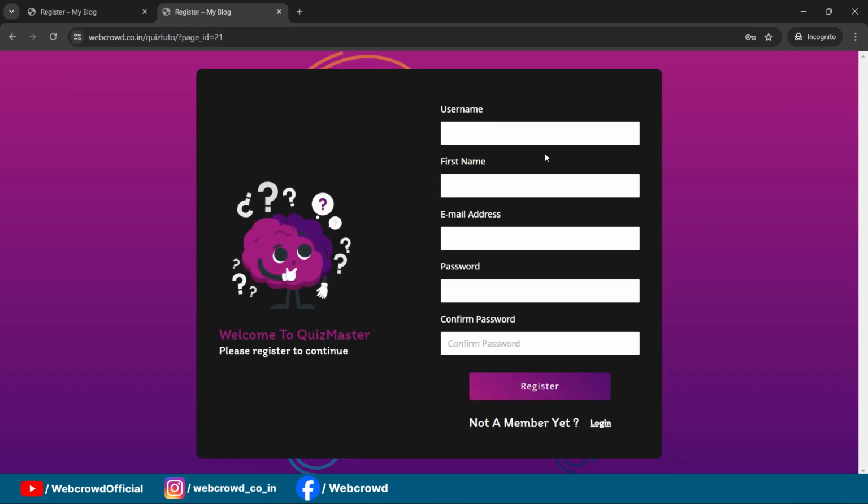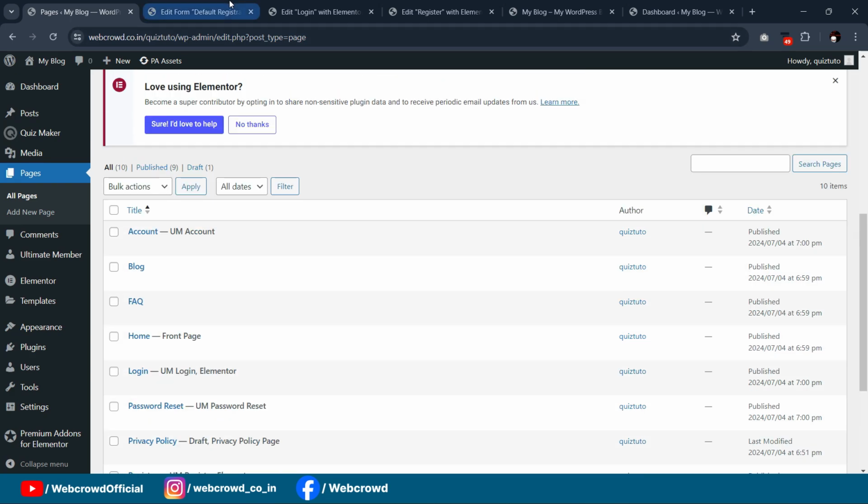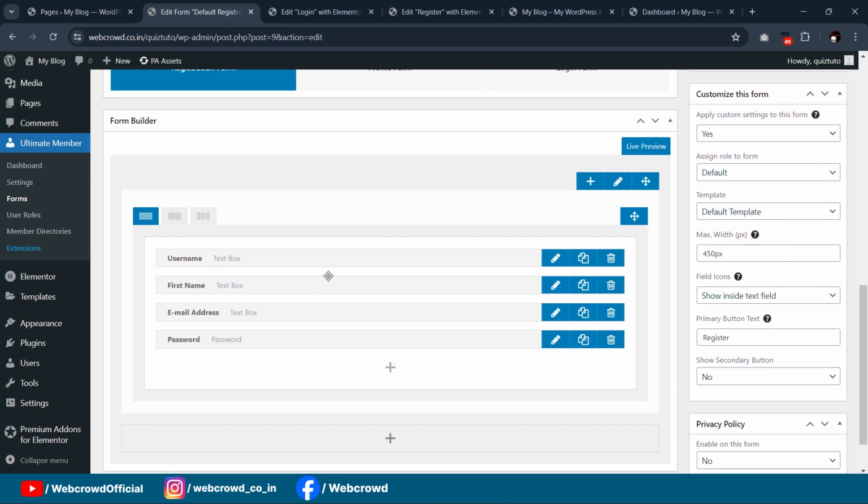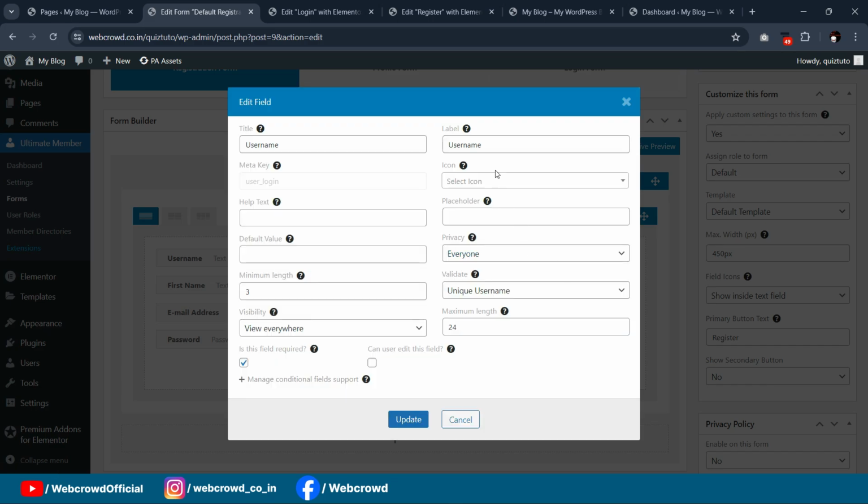So here is our registered form. So you can see the form is looking so big in height. That's because these labels are just outside of this field. So we have to just bound this label inside the field. So go to the form, and here just click on the username. Just cut this and make it inside this placeholder. Okay,